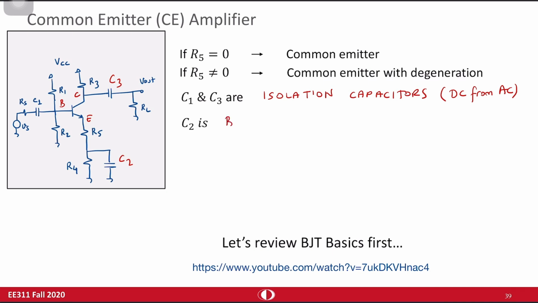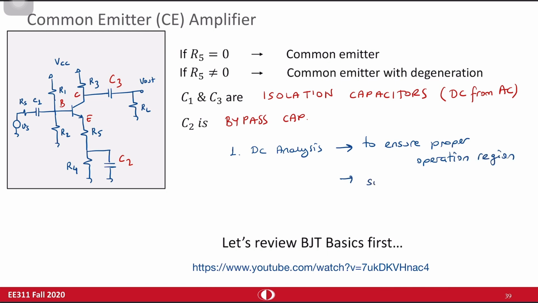C2 is a bypass capacitor. The first thing that you should do is, of course, again, DC analysis, to ensure proper operation region,